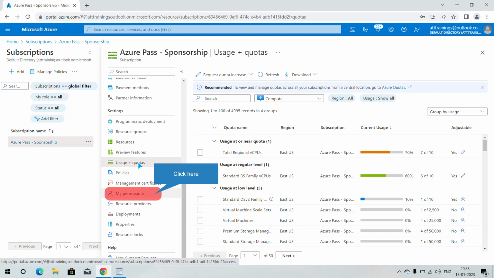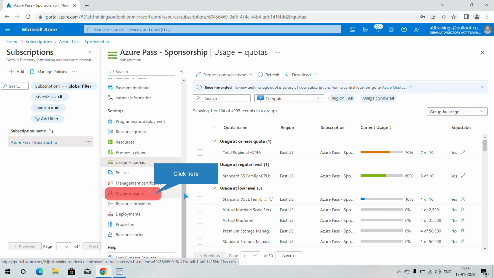So there is a soft quota imposed by Azure for multiple different types of resources. We can see the quota and usage over here. So for the total region vCPU, I am having the quota of 10 and I am currently using 7, that you can see. It is adjustable, means we can request Azure to increase this quota. There are certain settings, the quota which is not adjustable, so we cannot request Azure about it.